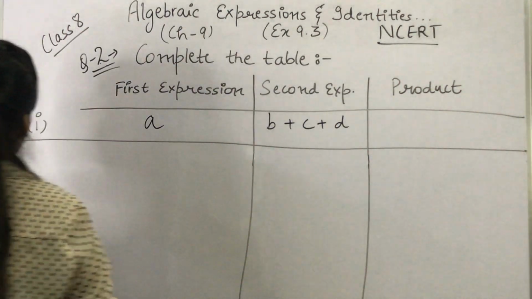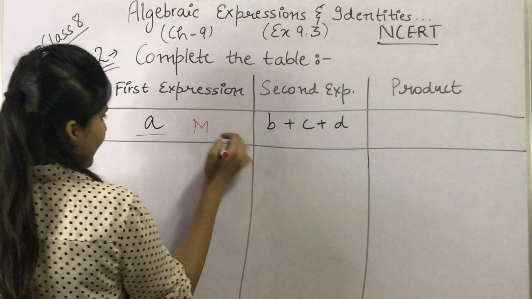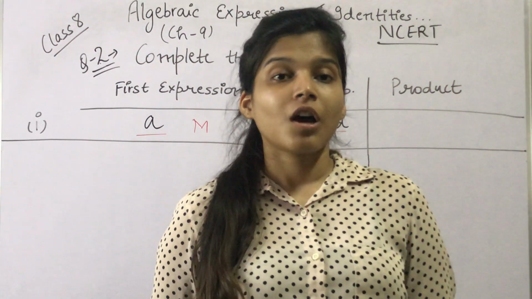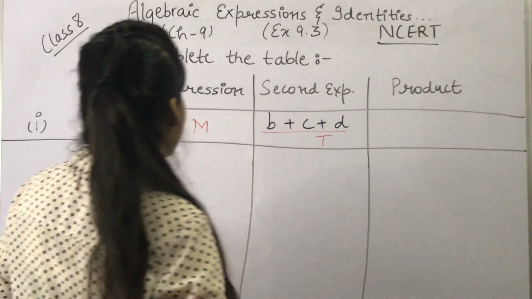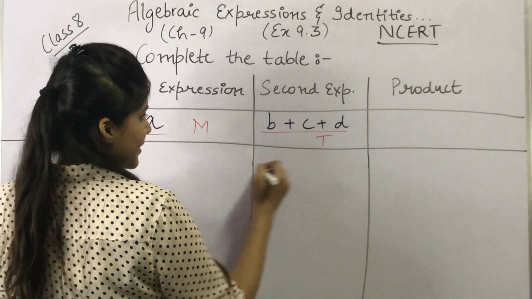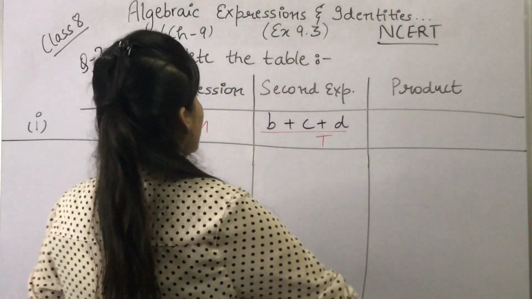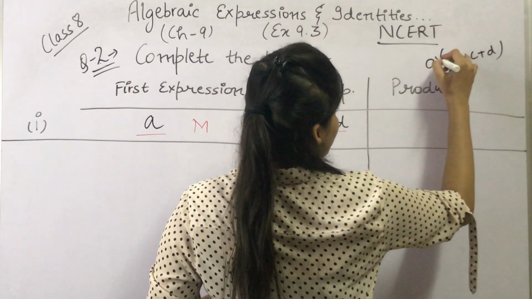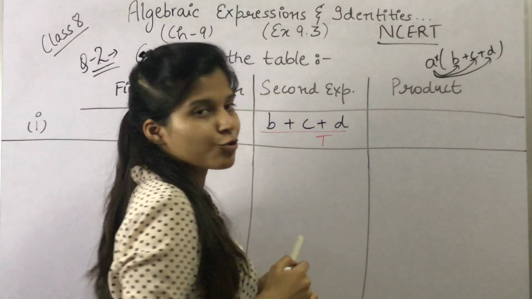Now as we can see, this is a monomial expression with single term, and this is a trinomial expression with 3 terms. Okay, so now we will multiply monomial by a trinomial. So what we will get children? See, ये एक monomial है, इसको हम पहले b से करेंगे, then we will multiply a by c and then we will multiply a by d. ऐसे ही करते थे हम. This is a into, ठीक है, so a को पहले b से करेंगे, then a will be multiplied to c and then a will be multiplied to d.